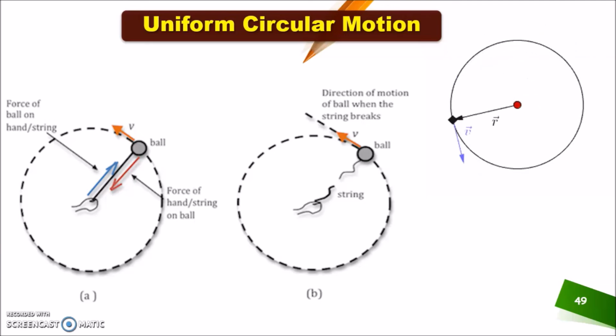This is a very simple topic. Now if an object moves in a circular motion, the direction of its velocity is tangential. What is the meaning of tangential? It has only one point of contact with the circle, right? And it makes a perpendicular or 90-degree angle with the radius, right?